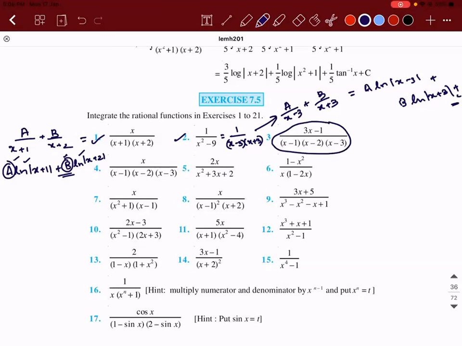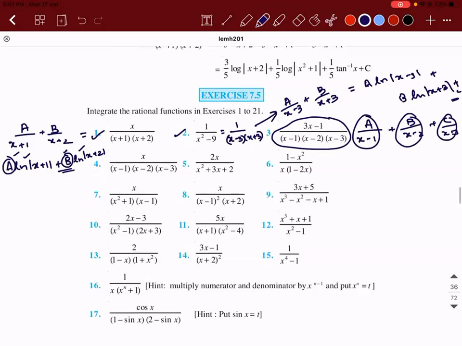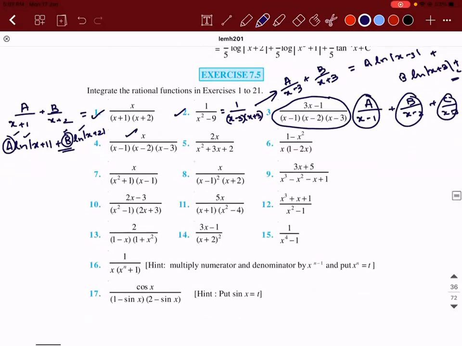Can we make it a little faster? These are all simple problems. By parts is a slightly tougher version, so we need to understand what it is. Guys, make it faster. Equate the question to A by (x minus 1) plus B by (x minus 2) plus C divided by (x minus 3). So A ln of (x minus 1), B ln of (x minus 2), C ln of (x minus 3). Same.